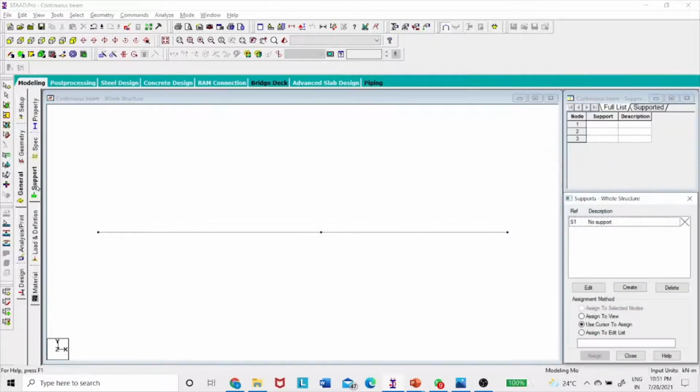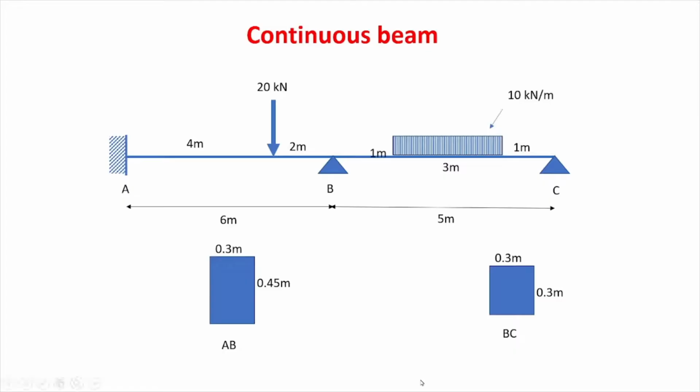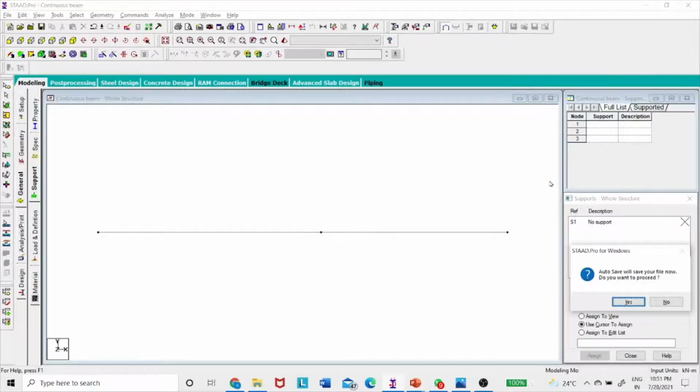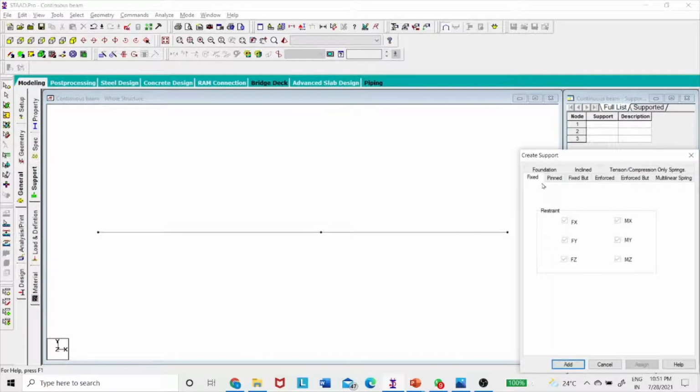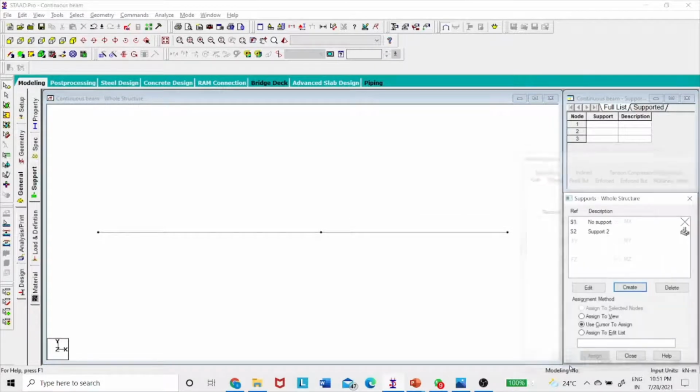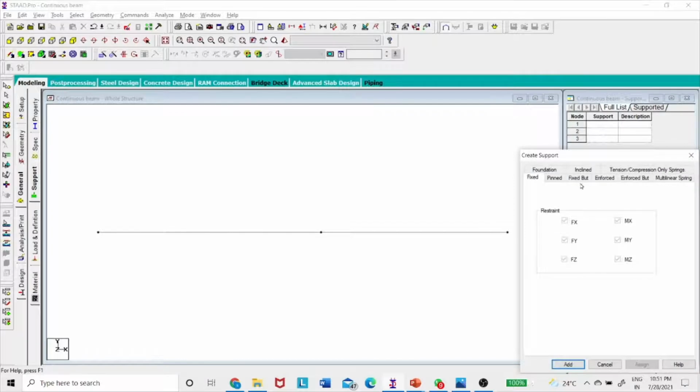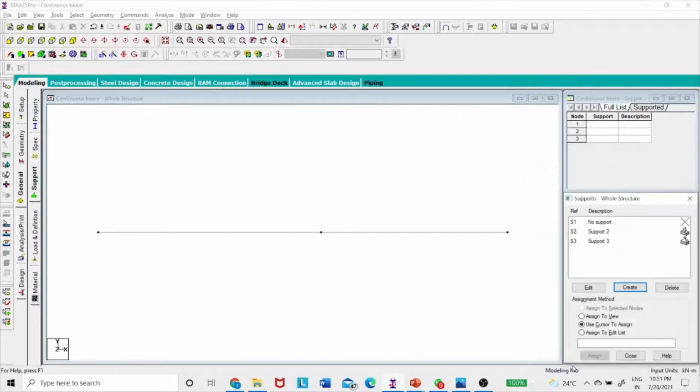Go to support now, and in the support there are two different types of supports we have here. A is fixed, B and C both are simply supported. So the two supports I have to define. Create fixed support, add. Again create pinned support, add. Forget about the no support condition.